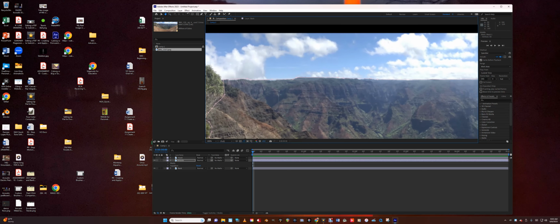Just kind of bring these down a little bit into this one. Maybe that's too much there. Let's try to leave that. Okay, so overlap them maybe just a little bit. Okay, so now if we zoom out here,